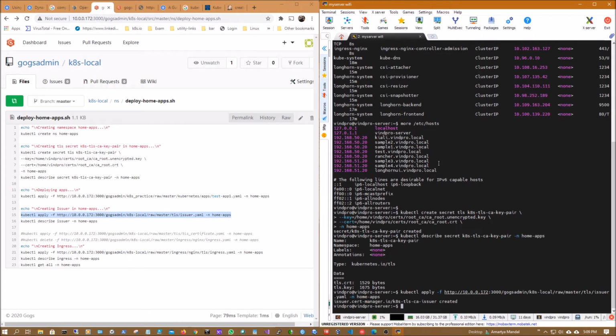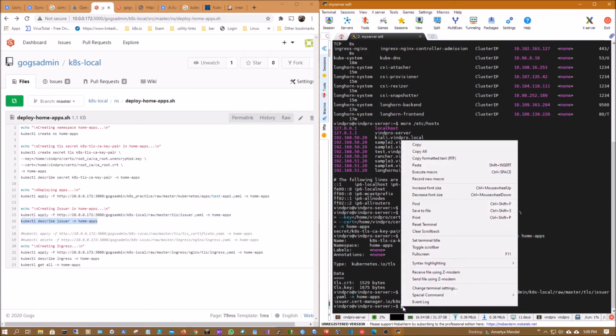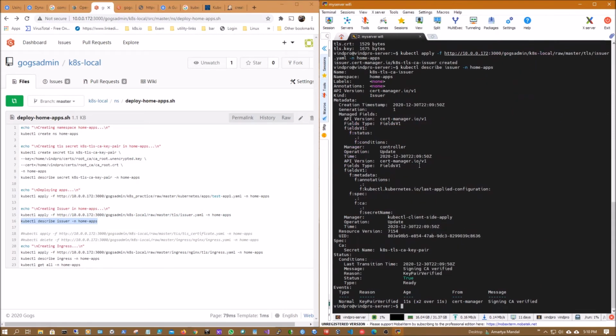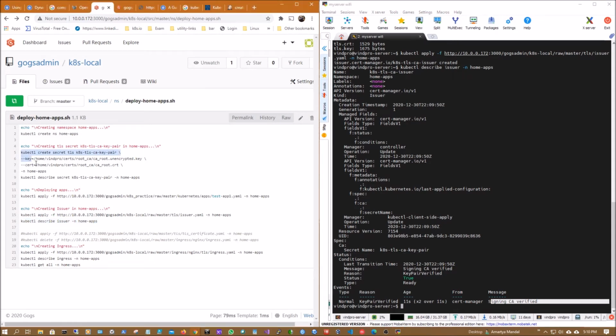The issuer is created. Now if I check, signing CA verified, right? So this certificate authority came from this particular secret because this secret has been created with the CA root key and CA root certificate. So I have the issuer, I have the secret. Now it's time to deploy the issuer, right? So if I deploy the issuer,